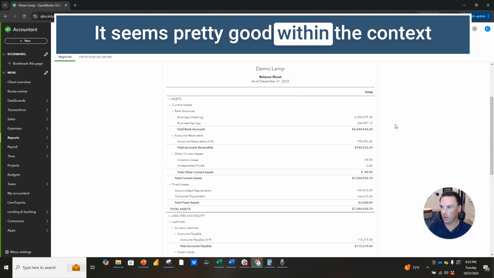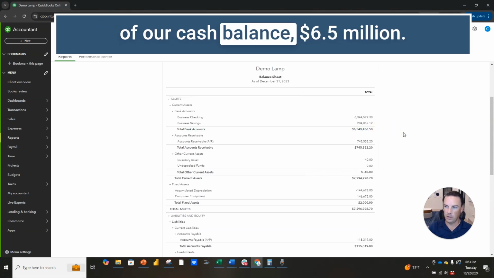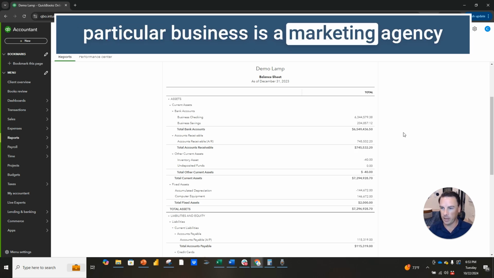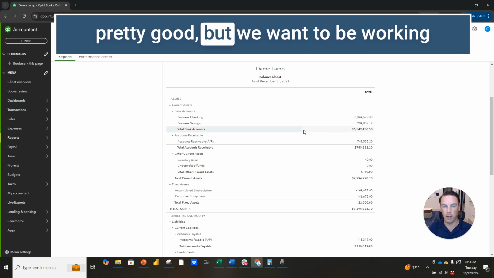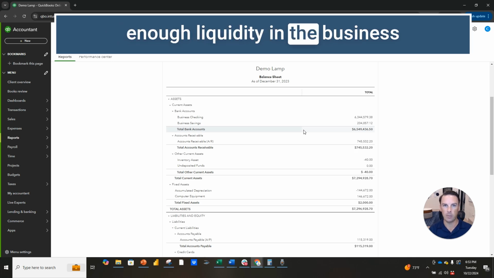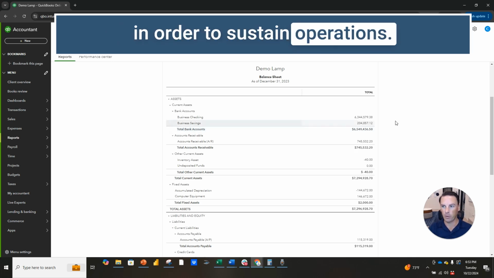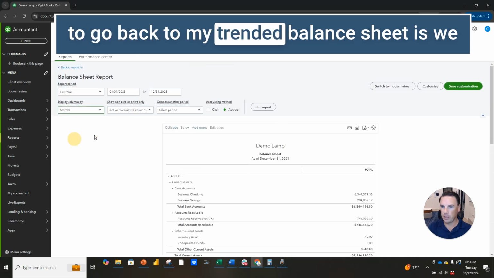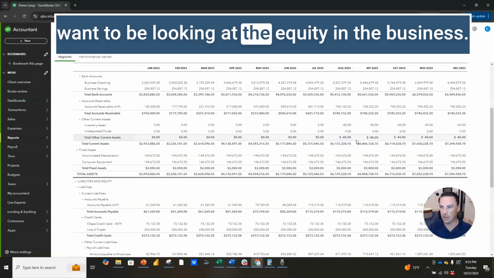Seems pretty good within the context of our cash balance, $6.5 million. I would say that ratio for this particular business, this is a marketing agency, is pretty good. But we want to be looking at our working capital. We want to make sure that we have enough liquidity in the business in order to sustain operations. Next thing that we want to look at, I'm going to go back to my trended balance sheet, is we want to be looking at the equity